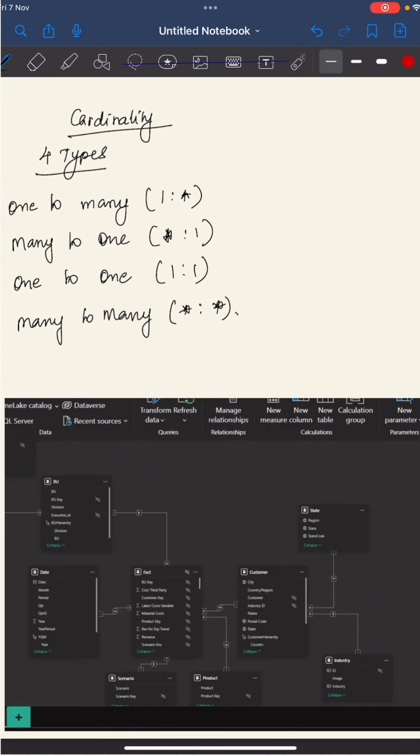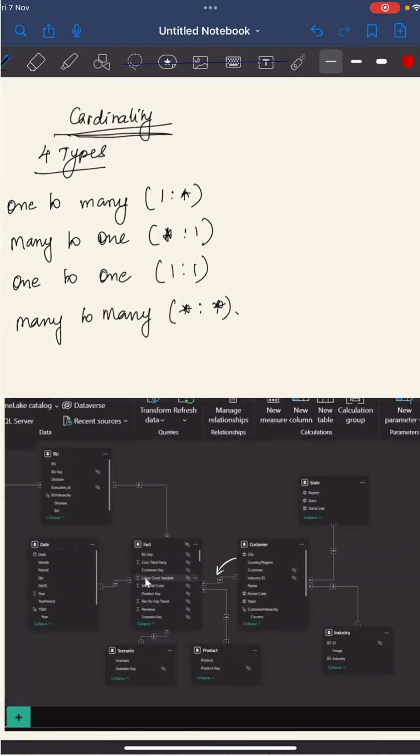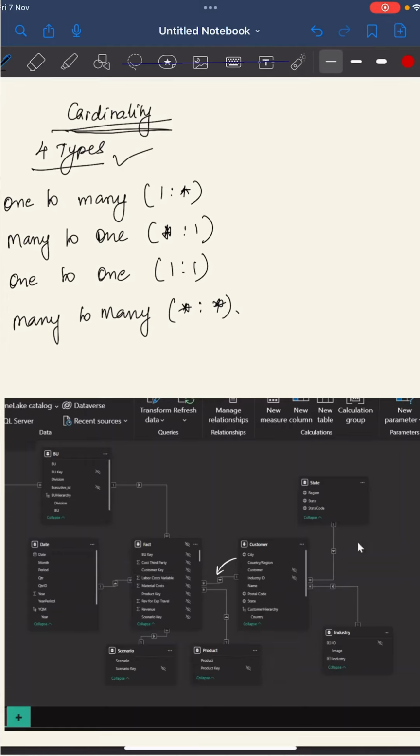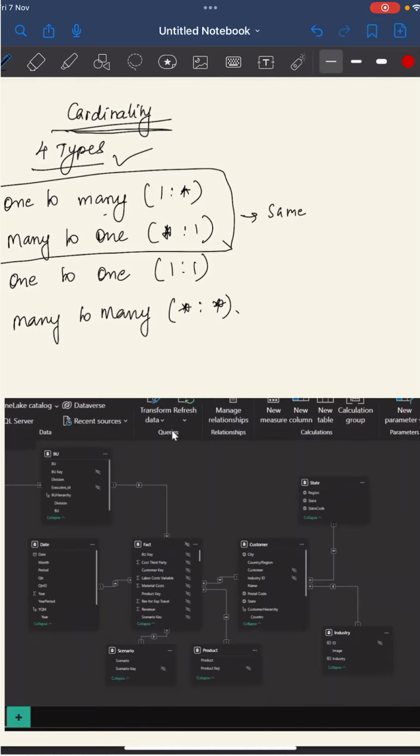Now, if you notice at the bottom diagram, it shows the relationship between two tables. And if you notice carefully, there is an arrow drawn in between which actually represents the cardinality, where star represents many and 1 represents 1. Now, as you see, we have given the 4 types of cardinalities, but let's start with 1 to many and many to 1 because they are actually similar and commonly used.